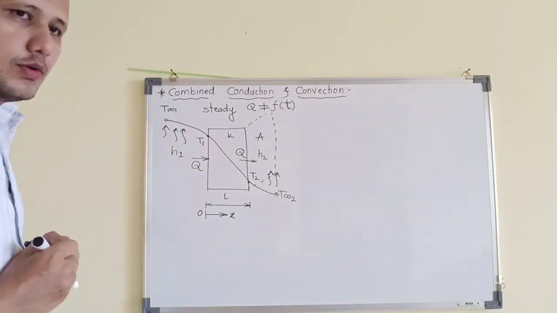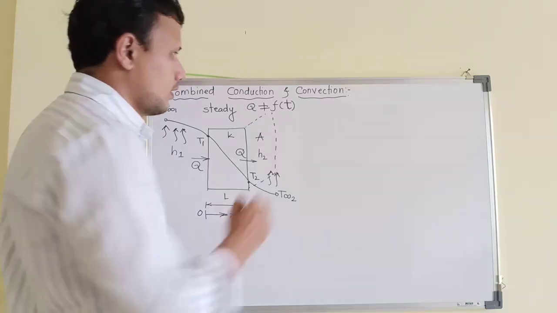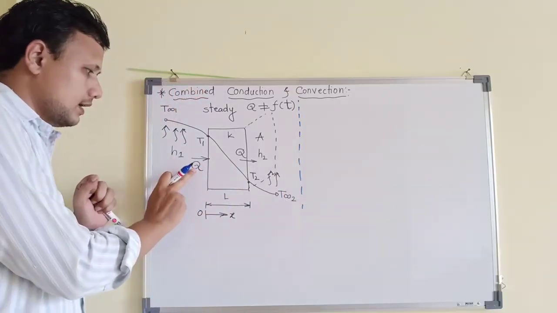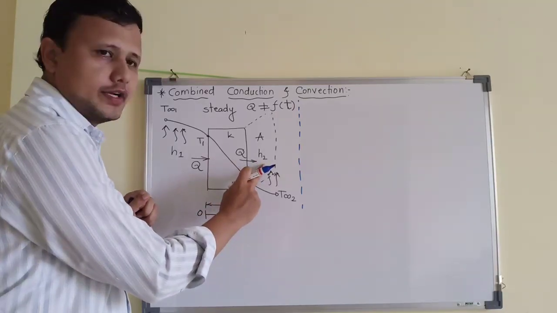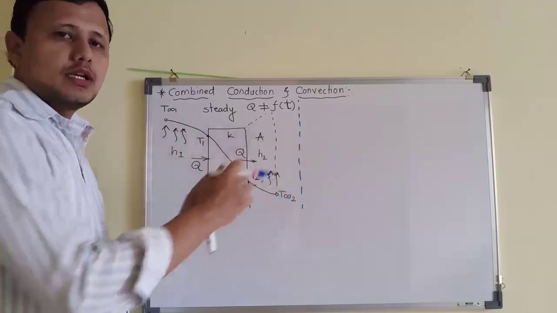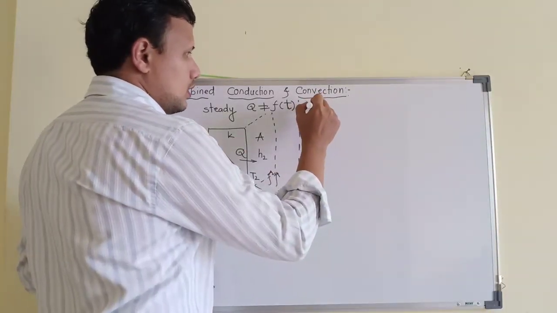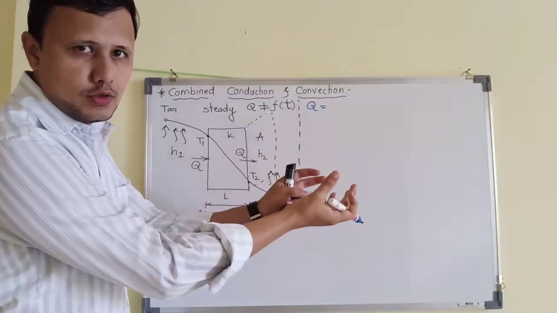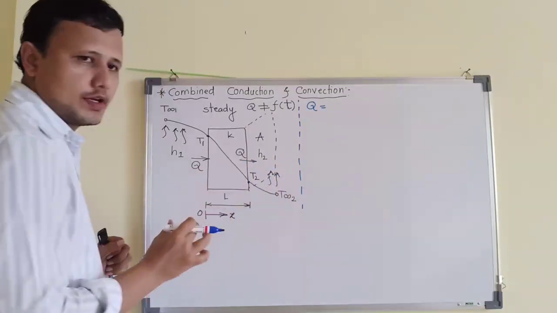Okay, so let us write down the equations for heat transfer. It is steady state heat transfer. It means that the amount of heat at this point will be equal to the amount of heat at this point, which will be equal to the amount of heat transfer at this point. So whatever heat is coming in goes into the next section of this diagram. So that's why we can write this Q is equal to. Notice the physics has to be translated into mathematics. So this is convection, this is conduction, and this is again convection.